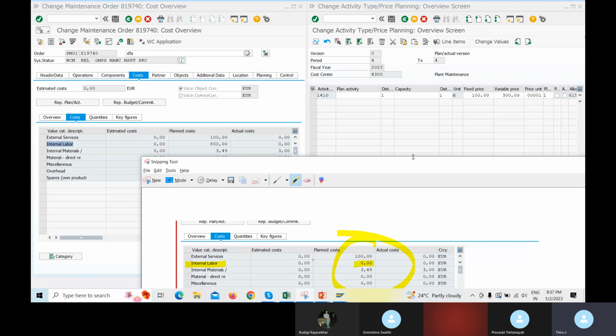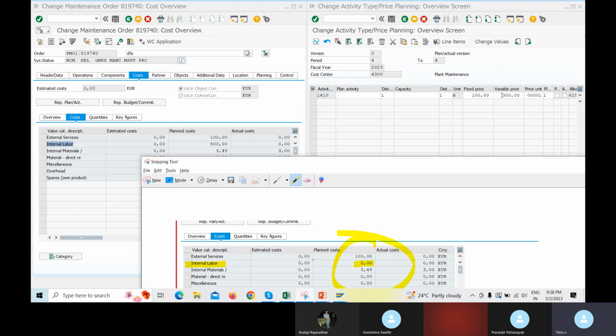Sir, what is the difference between the fixed price and the variable price? Really, I don't know. Fixed is salary. Variable, it depends. People to people, it will vary. Maybe I don't know. Variable means the salary will vary day to day or depends on the people or something. Okay. That is up to finance. That is not our concern. Even in KP26, for my activity type, cost will be maintained. That is what you need to tell. You don't want to tell the fixed and variable price. That is not our concern also.